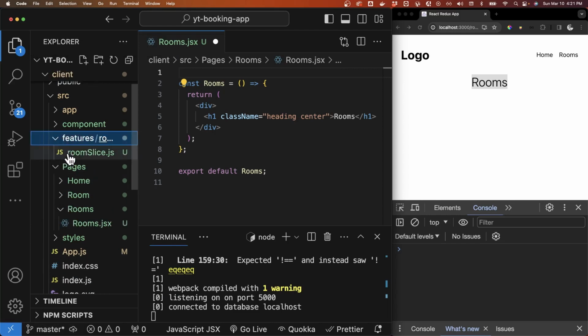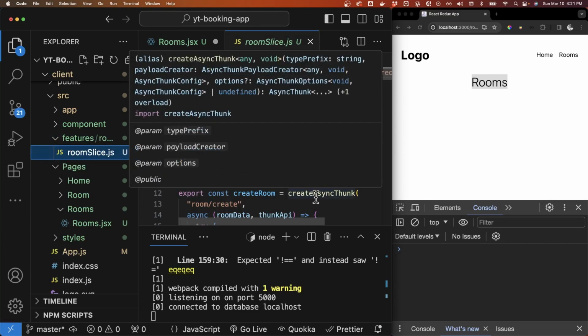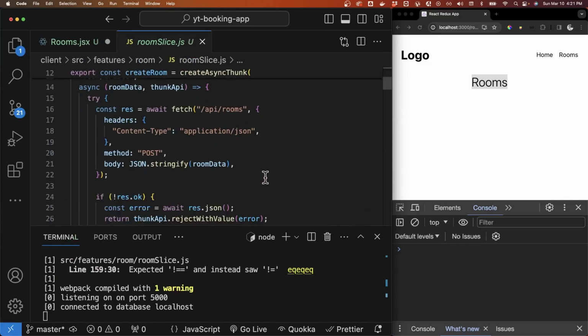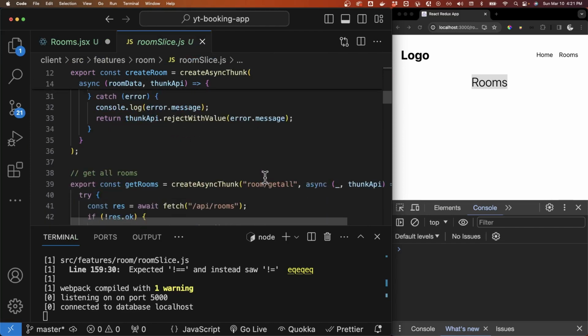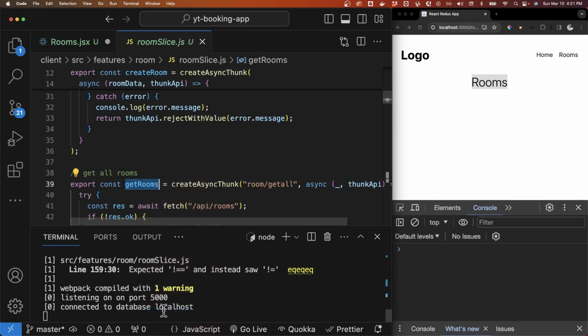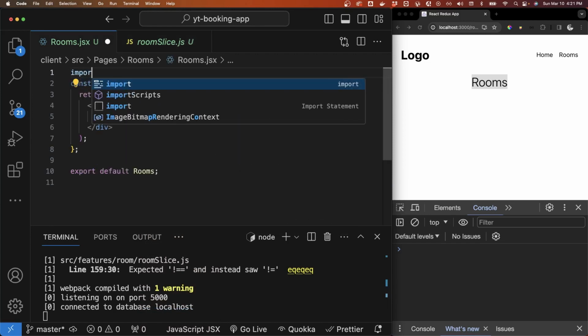Let's check the room slice to see if we have the get rooms. We have the create rooms. We don't really need the create rooms. We'll have to delete that, but we'll work on that later. So did we do get all rooms? Okay, so get rooms. Let's copy that